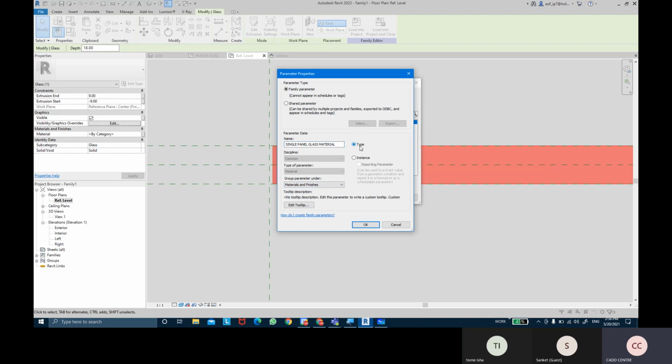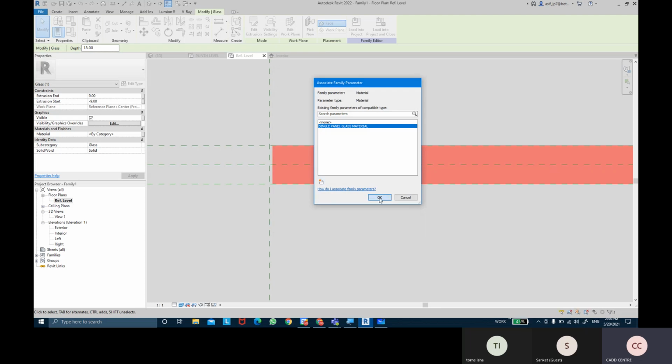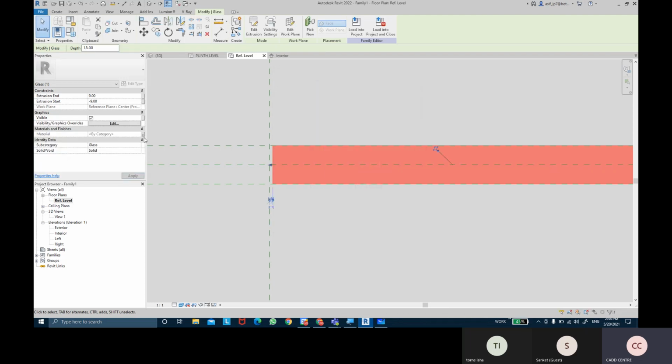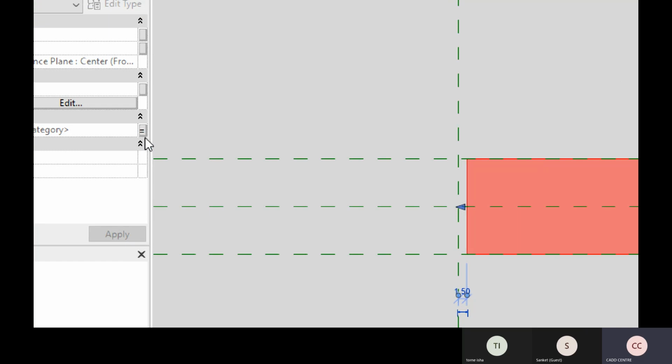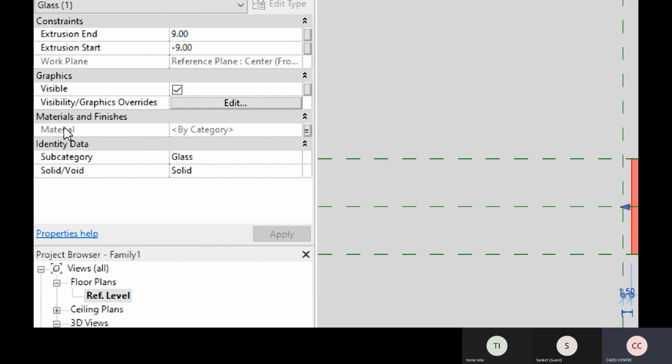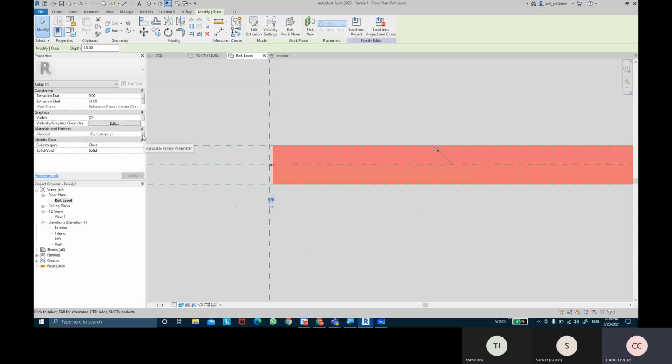It can be a type parameter. Then we can click on OK. Once again, OK. You can see there is an equal sign coming next to the material options, which means we can control the material for that single panel glass door.